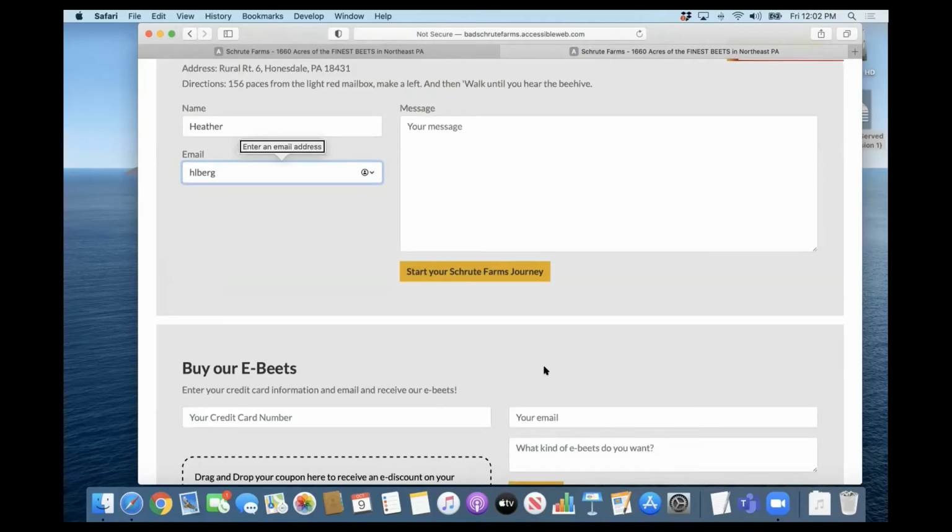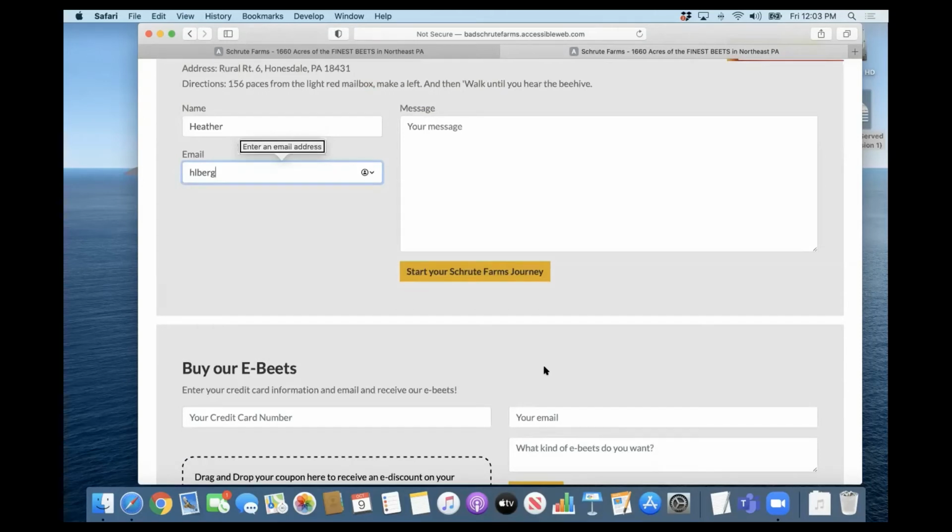Oh, okay. Yeah, because a newsletter sign up could start the same way, but there's no information telling me that. It's not "enter your email address to contact" or "sign up for our newsletter by entering your email." Right. So, further down on the page, there's also a drag and drop, because there's a coupon which